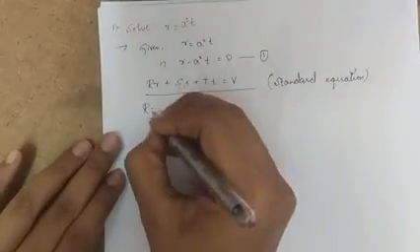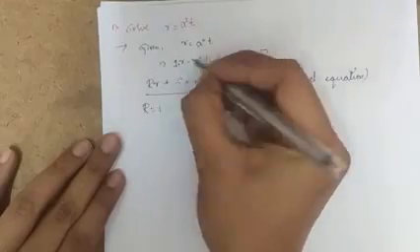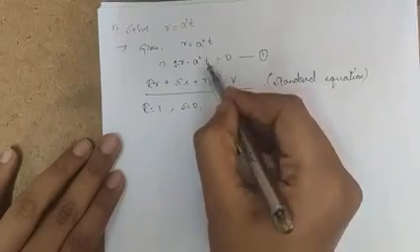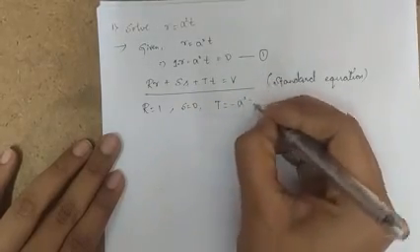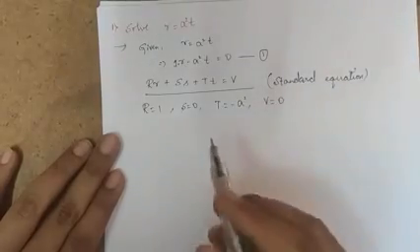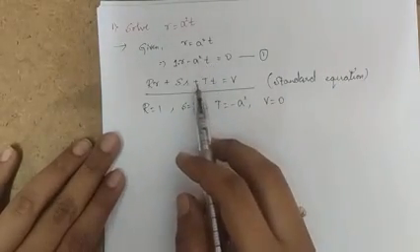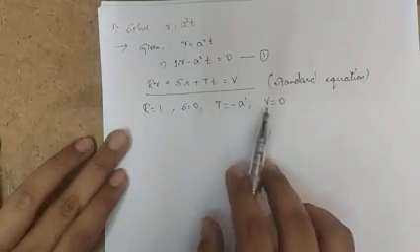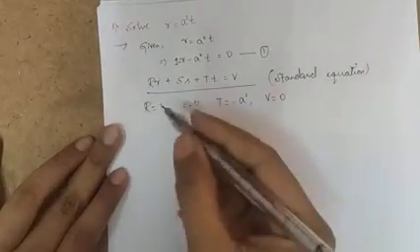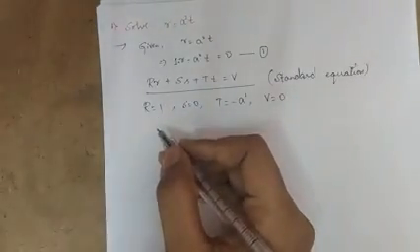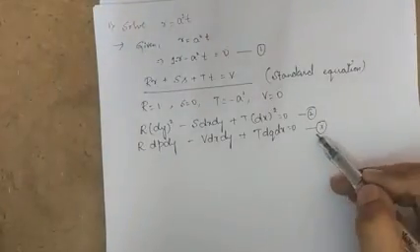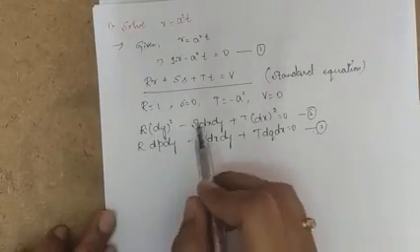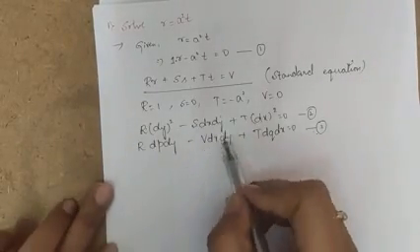So I have the coefficient of small r is 1, and there is no s term, so s is equal to 0. The coefficient of small t is minus a square and v is equal to 0. If I compare my given equation with the standard equation, I will get the values of capital R, capital S, capital T as well as capital V. From Monge's method, I know the Monge's subsidiary equations. So equation 2 and equation 3 are nothing but Monge's subsidiary equations. Now substitute the values of R, S, T, V in equation 2 and equation 3.